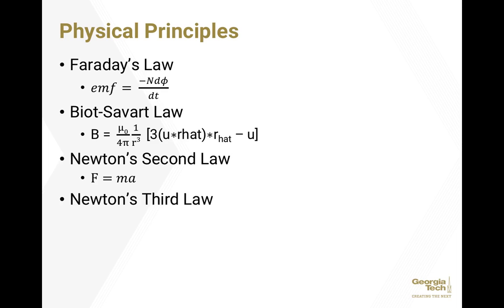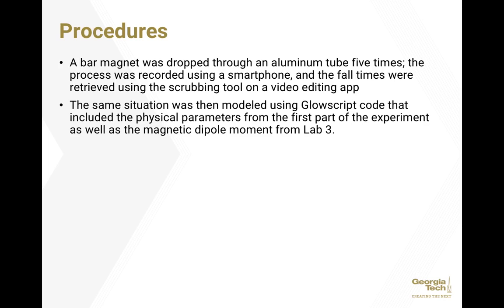And then finally, Newton's third law, which relates equal and opposite forces, and it was used to calculate the force exerted on the magnet by the whole tube, and then to calculate the net force by adding the gravitational force to this. So the procedures, first of all, for the physical experiment, a bar magnet was dropped through an